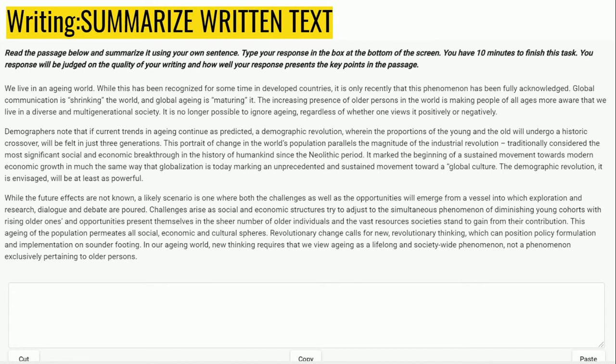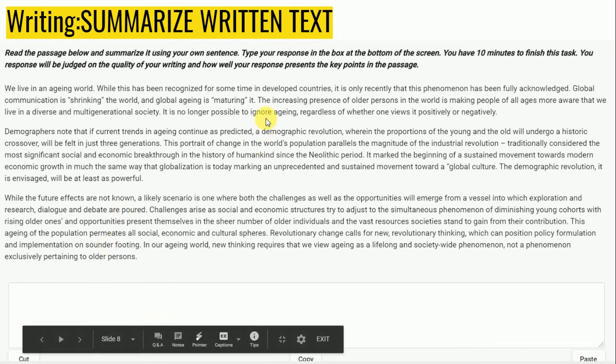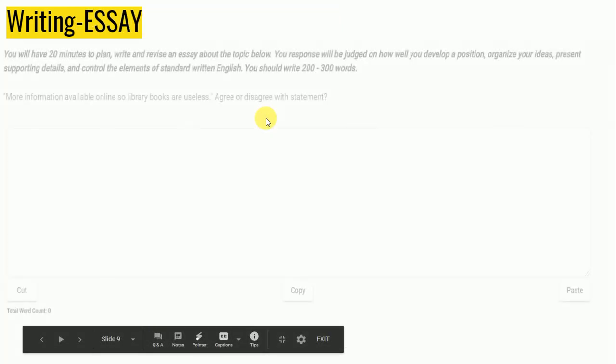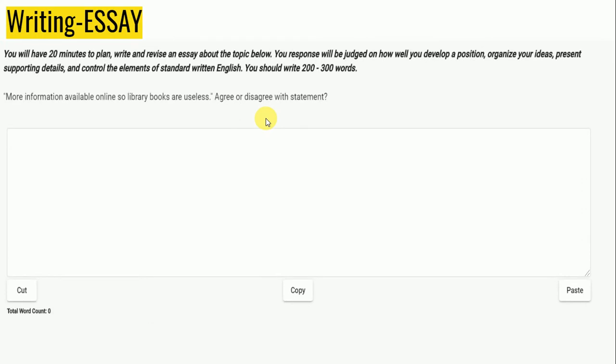You can see the space which is given to you here. So you have to write your answer here. The next one is essay. So it is quite straight away that they'll give a question which may be an agree-disagree type or an opinion type of essay, for which you need to write an essay from 200 to 300 words. You should not write more than 300 words. Just be mindful of your words because you will get a 0 if you write even 1 word extra.